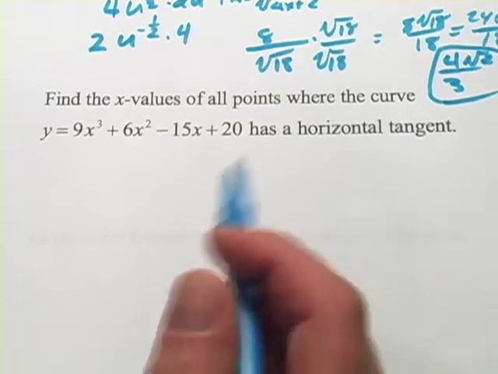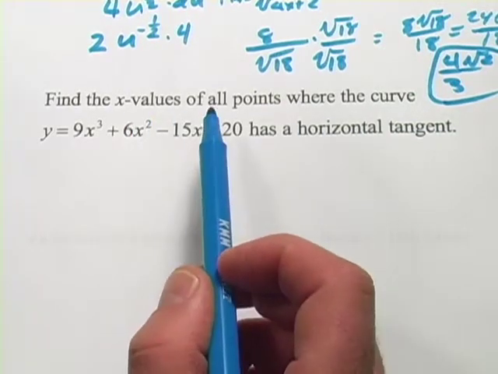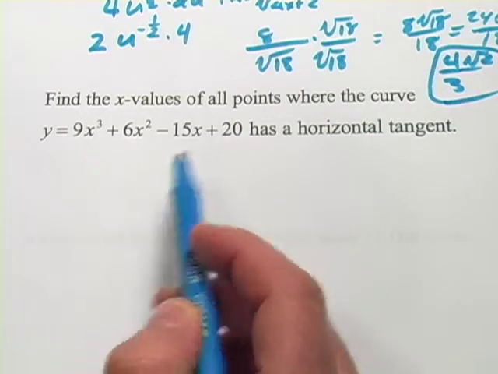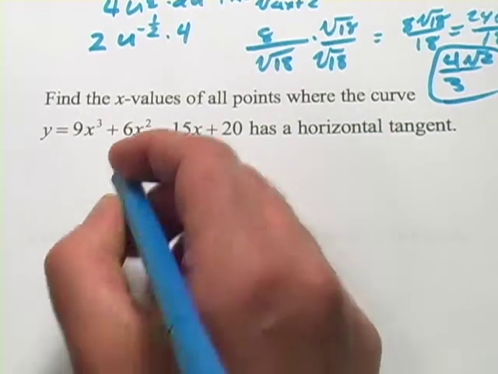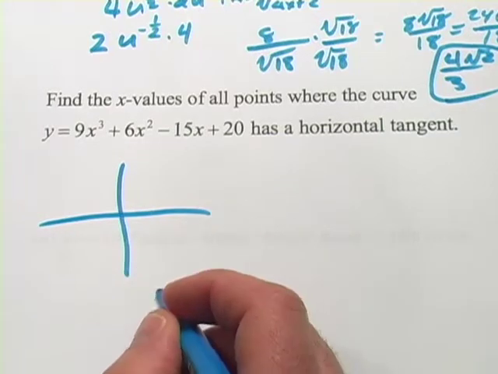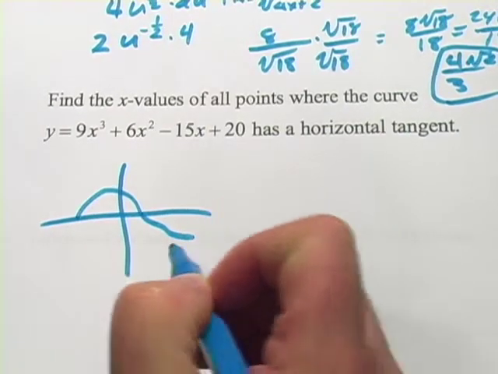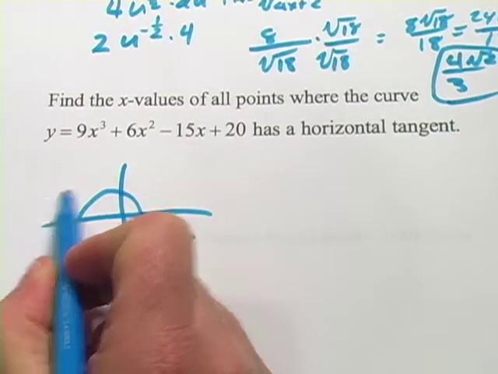All right, let's try another one. This one says, find the x values of all points where the curve of this function here has a horizontal tangent. So if something has a horizontal tangent, what does that mean? Well, let's put some fake function up here. At this point right here,